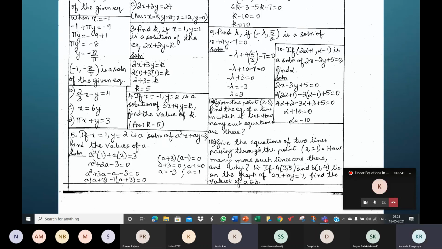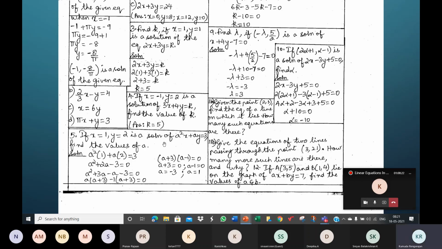Ma'am, I'm sorry, it is linear, because x and y are the variables, ma'am. Exactly. X and Y are the variables. A square is just a coefficient of X. So the value of A can be 3. So 3 square is 9, it is 9x. See here, if we get A is minus 3, so A is minus 3 meaning minus 3 square. What is minus 3 squared? Plus 9. 9x it is.